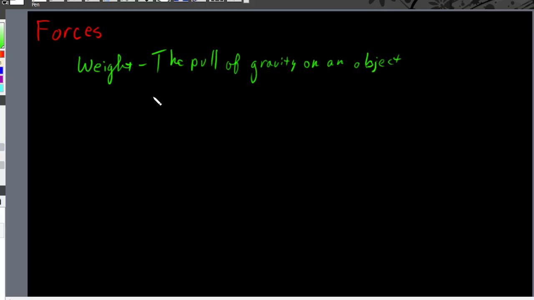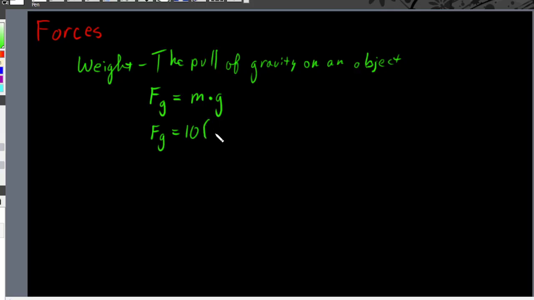It is represented by the symbol F little g, because, well, it could be a capital G also, but I'm going to use a little g for now. And that's the force due to gravity. And that can be calculated by taking an object's mass and multiplying by the acceleration due to gravity in that local area. Okay, so if I wanted to know how much a 10 kilogram box of books